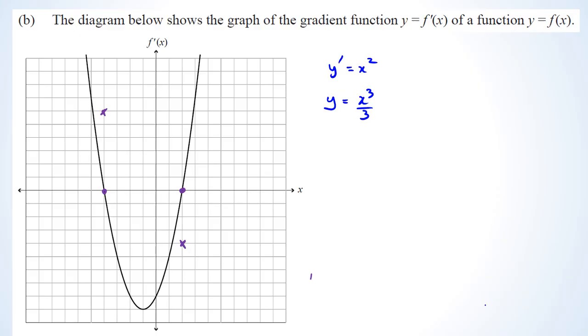And from here, I have a cubic that's going to look, well, that's a turning point. Oh, that's a terrible graph. Let's try that again. Something like this. And that's going to basically get you the marks for it,